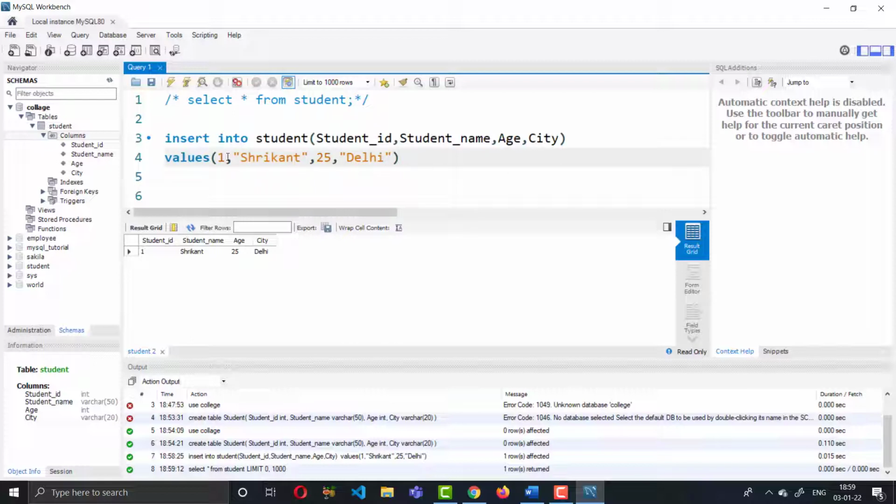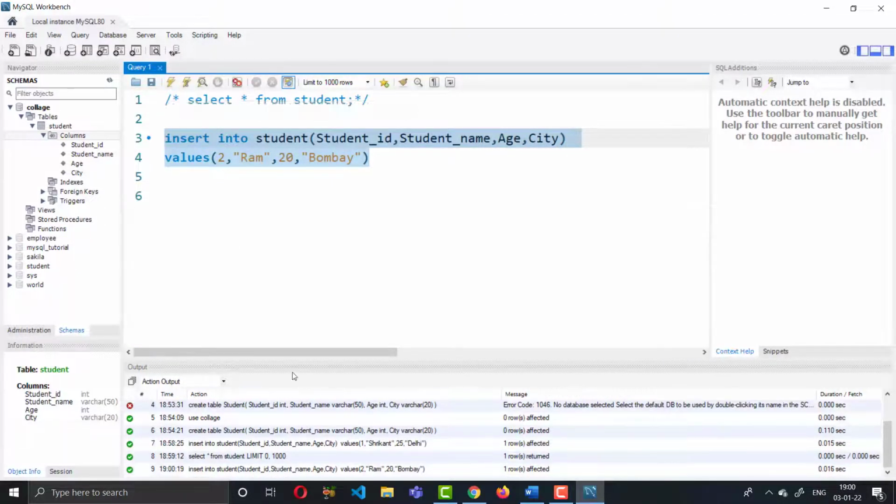Suppose I am giving the ID 2, and the name is Ram, age is 20, suppose place is Bombay. Okay, and run that cell here. So if you see that line, point number 9, insert into student table, one row affected. So one piece of information is put up, so one row is created.